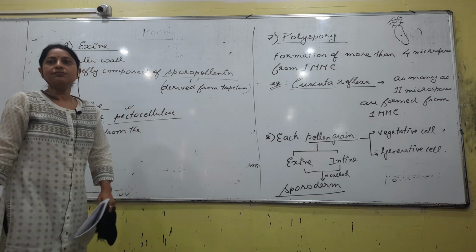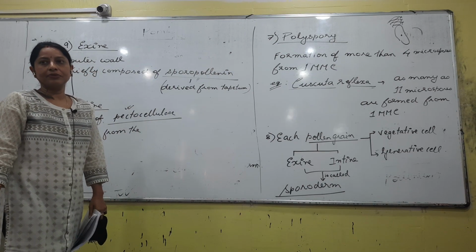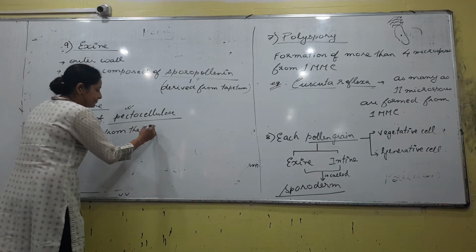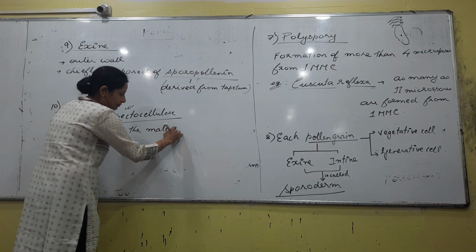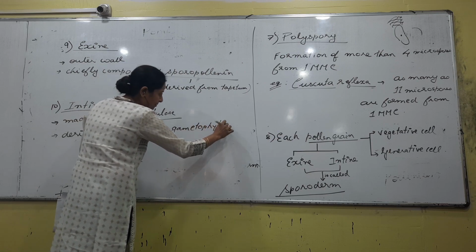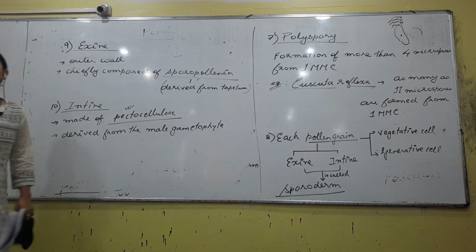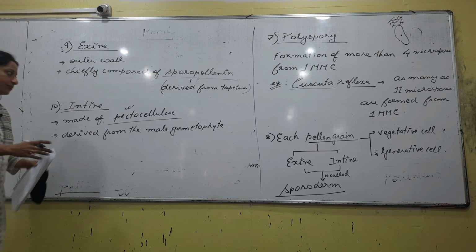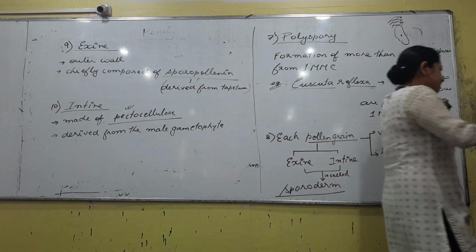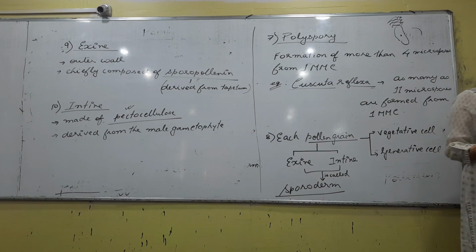Okay, who forms the intine? The male gametophyte itself. And ultimately the intine will form the pollen tube, right? What is important is the word pectocellulose. A question comes on pectocellulose. Okay sir, the intine is chiefly composed of